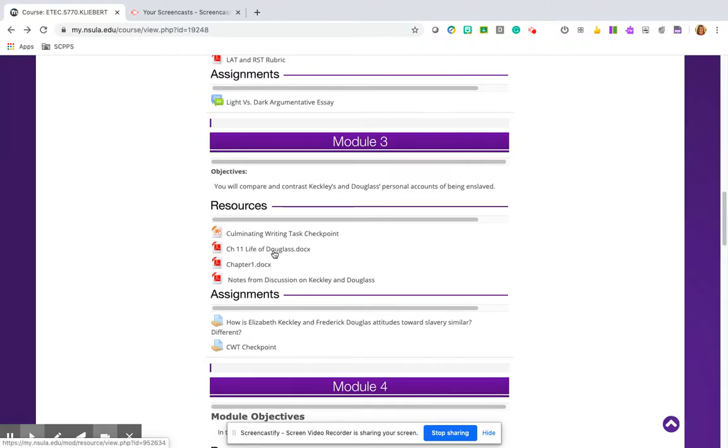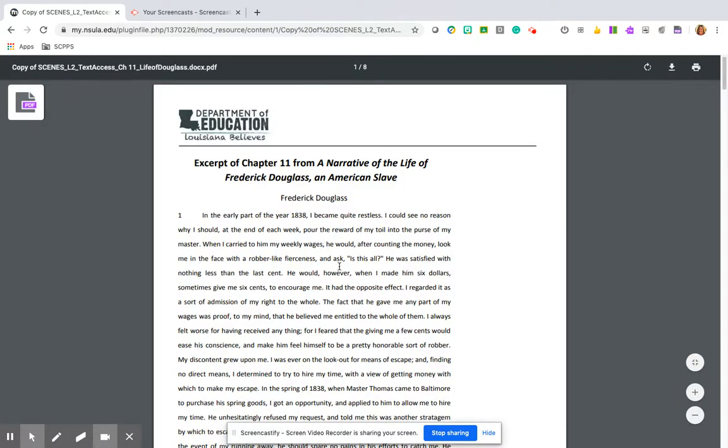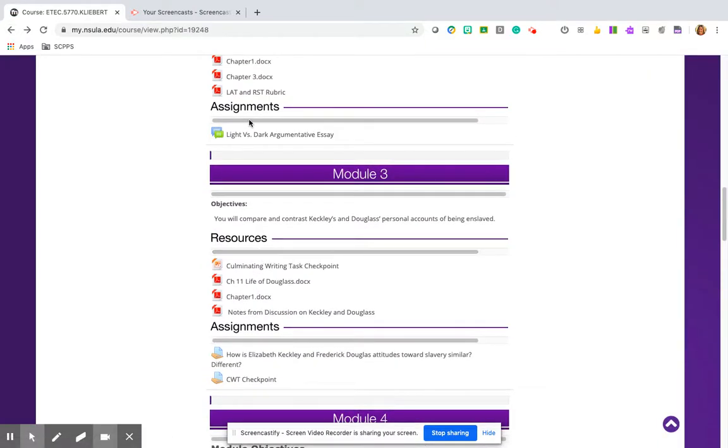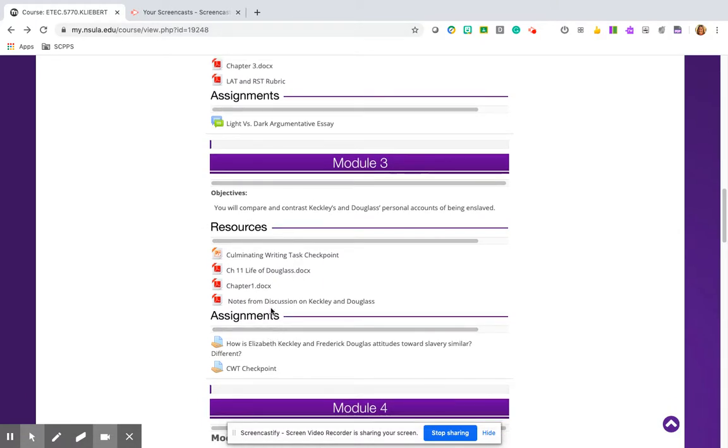Moving forward, I have chapter 11 of Frederick Douglass. This is his account of being enslaved. Students are to download and print this, whichever they would like, and read the text. They are to annotate it. I also reposted chapter 1 from Elizabeth Keckley from module 2.